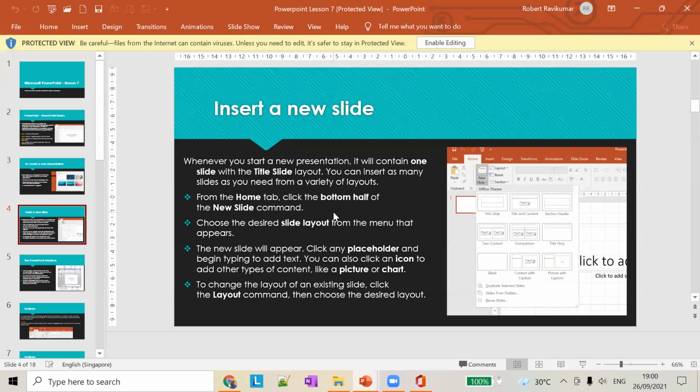So this is how you add new slides and choose a different layout for a particular slide. And we can add some content on the placeholders. It could be text, it could be a picture, or it could be a chart. If you want a chart, it should be a different section you have to add there. We will see how to add a chart and all those things in the later part of the class.